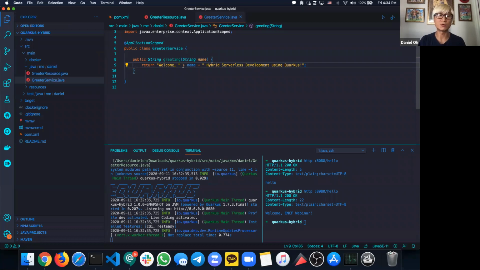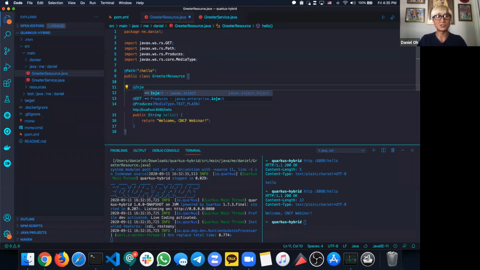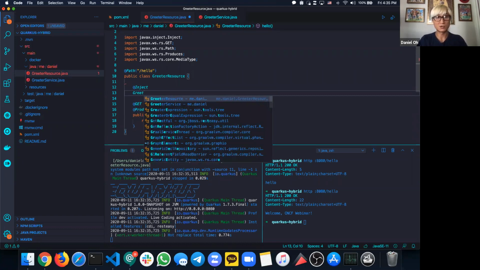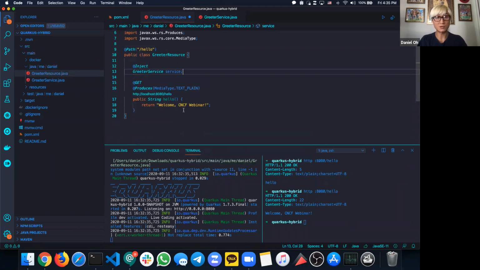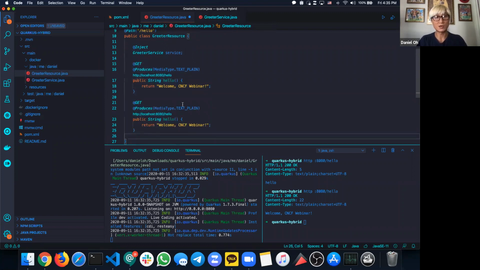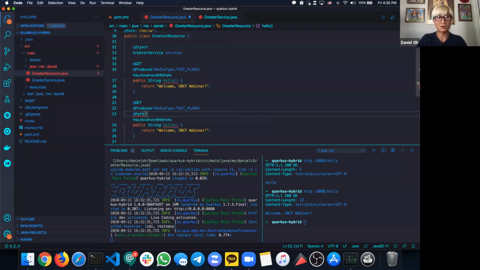That's it, just simple. I just pass down the parameter and put in my return code, and then go back to the resource file. The first thing I needed to do is inject my CDI bean here and create a service. Then I'm going to create a new one, just copy the existing one to make it faster. But I need to differentiate the endpoint path here, like greeting, and I need to dynamically map my parameter like a name, and change the method name to greeting,